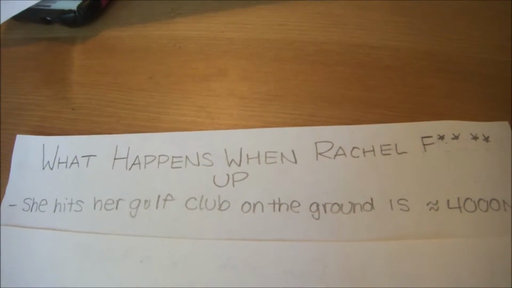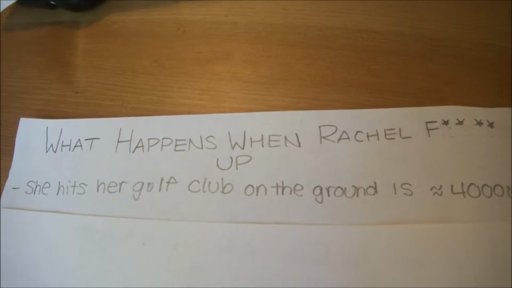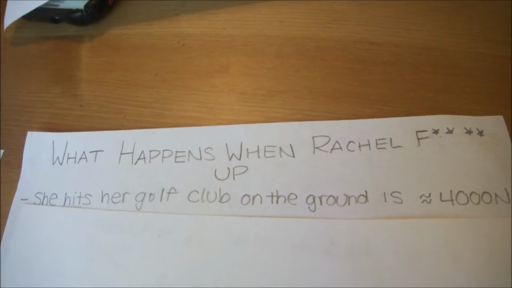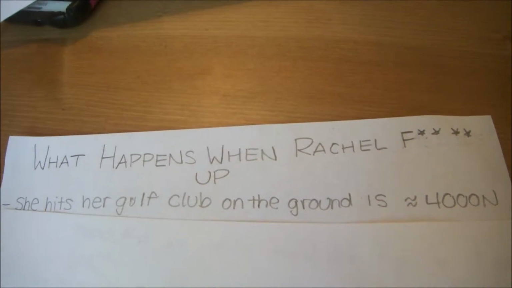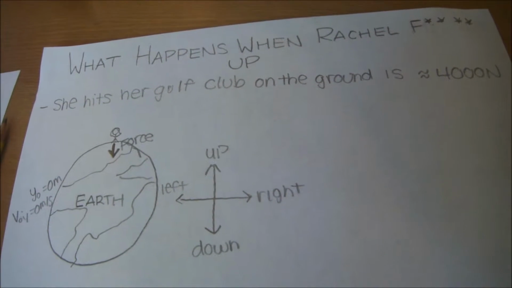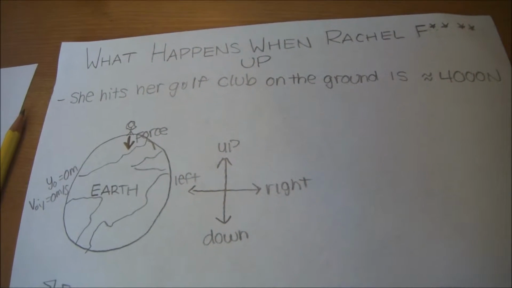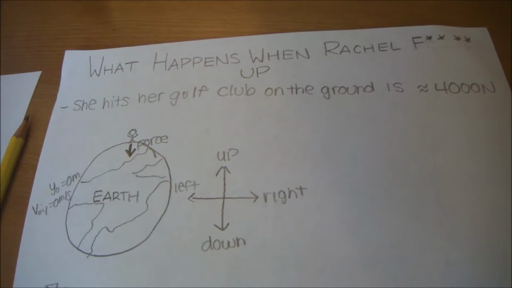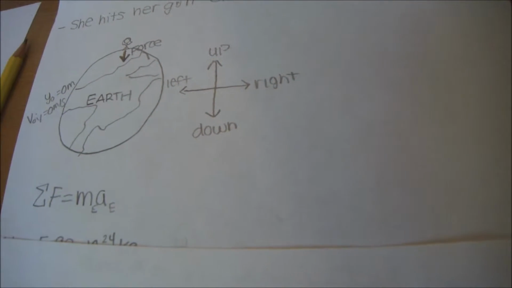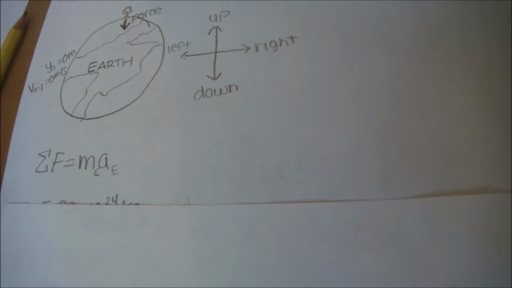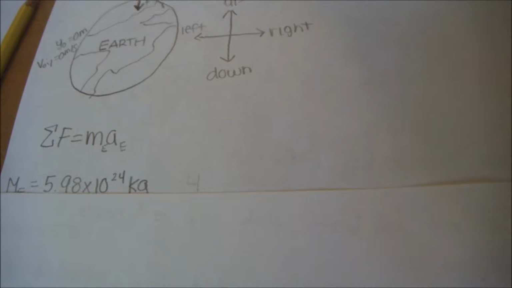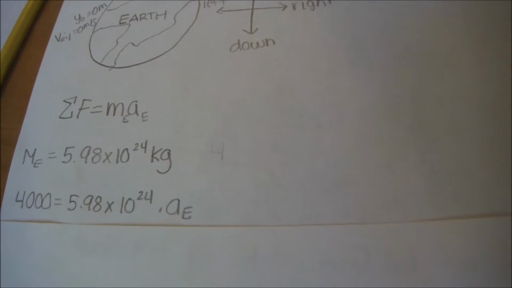So basically what happens when you miss the golf ball when you're trying to hit it is very interesting. When you hit a golf ball, you exert a force on it that's about 4,000 newtons. If you miss the ball, the force is directed towards the earth, which makes an outward force on the earth. Since the sum of the forces equals ma, with the mass being of the earth and the acceleration being of the earth, and the mass of the earth is 5.98 times 10 to the 24th kilograms,